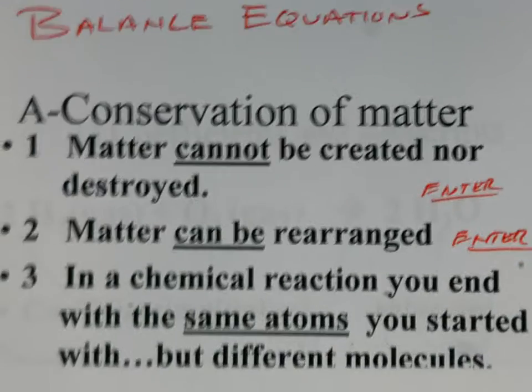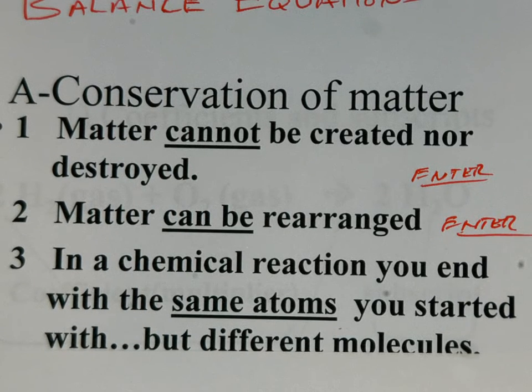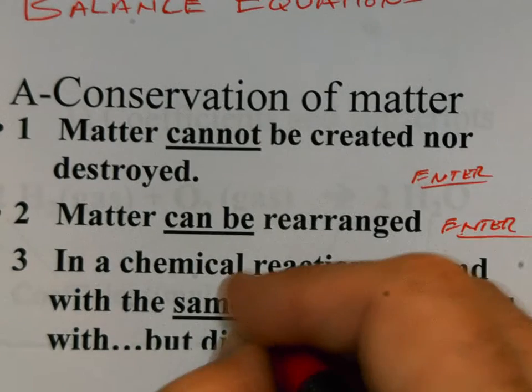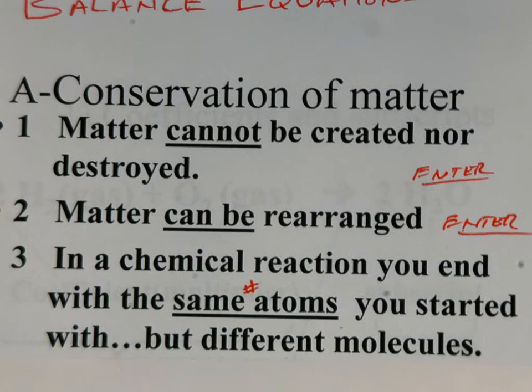Number three, under the law of conservation of matter. In a chemical reaction, you end with the same number of atoms, and actually the same atoms as you started with, but they'll be in different molecules. Or sometimes the molecules might break apart and they're going to be just elemental forms. But the main thing here is you're going to start with one set of chemicals or elements, and then you're going to end up with the different. So go ahead and pause that until the students